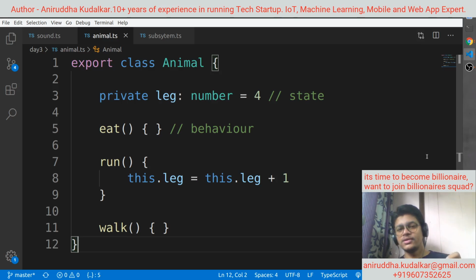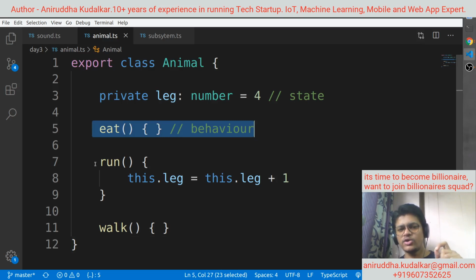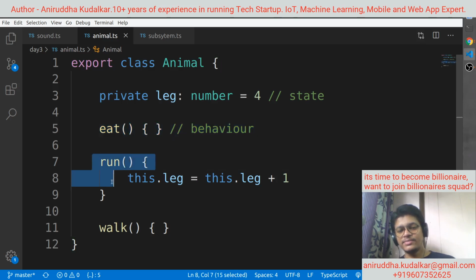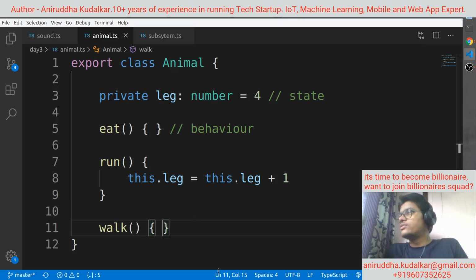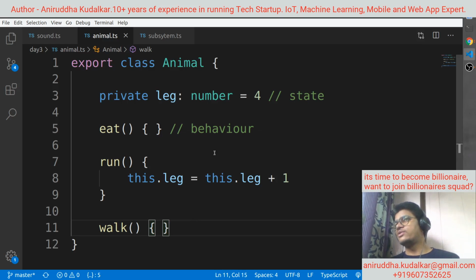Animal naturally can eat, run and walk, but animal cannot give you the GPS location on its own. There is no mechanism with the animal for giving you the GPS location. That mechanism you need to mount externally.